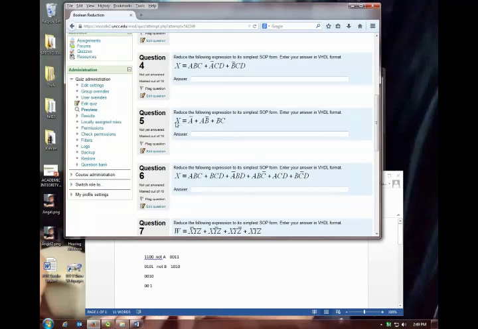Okay, so we get this, and if we have A not or A and not B, that does reduce, doesn't it? Or does it not? It does reduce. Let's go back to